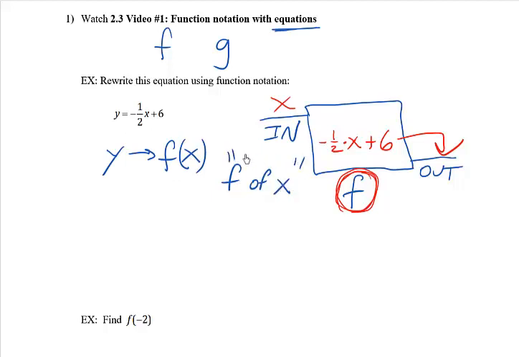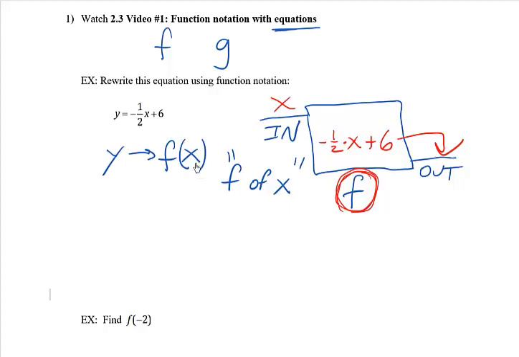Right off the bat, I've got to clear up something. Often in math, when we put two letters next to each other with parentheses, it means there's some kind of multiplication going on. That is not the case here. This has absolutely nothing to do with multiplication. f isn't even a variable. It's just the name of the function. f is the name. The of x part is simply a reminder of the fact that the input of this